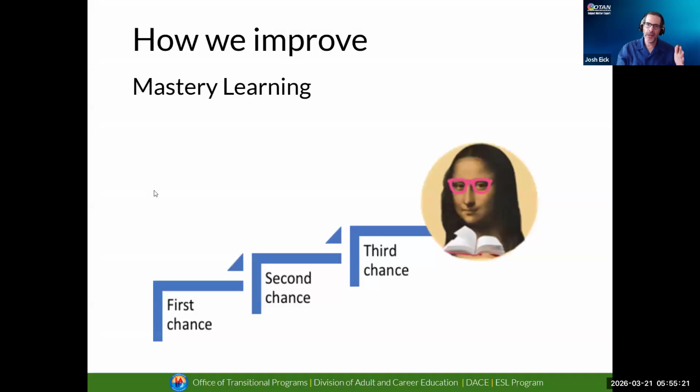Students do not become experts, teachers as well, the first time they do something. It's about multiple chances at practicing skills to improve those skills. You experienced that today. Maybe some of you stumbled a little bit when you were going through your think alouds. That's great. You're going to have tons and tons of chances to go through this again